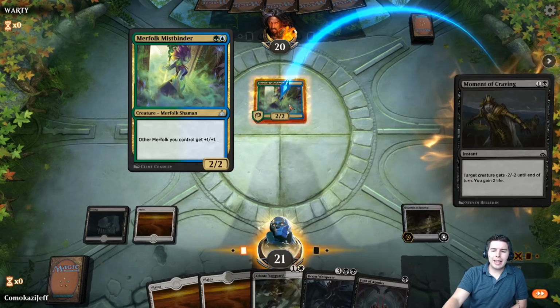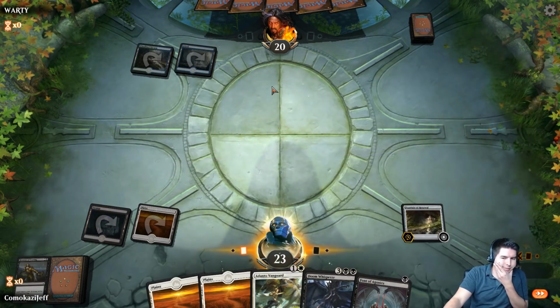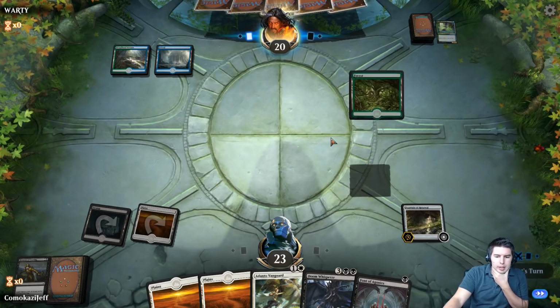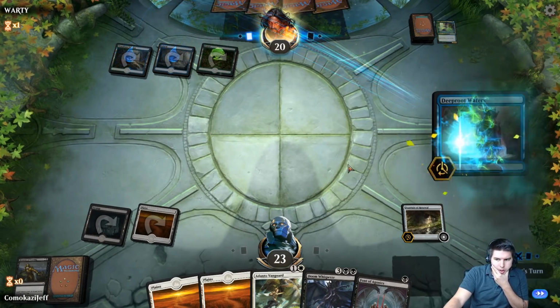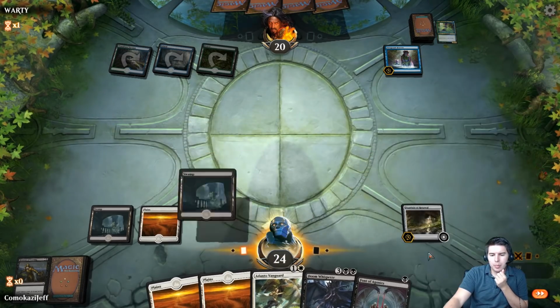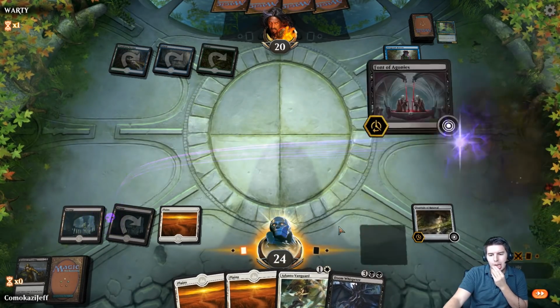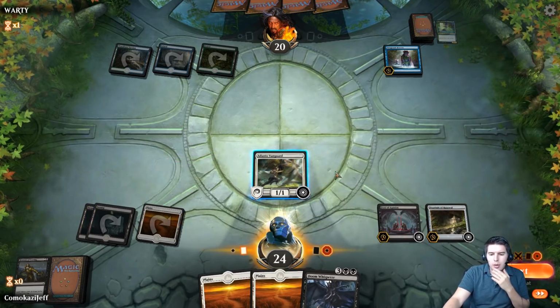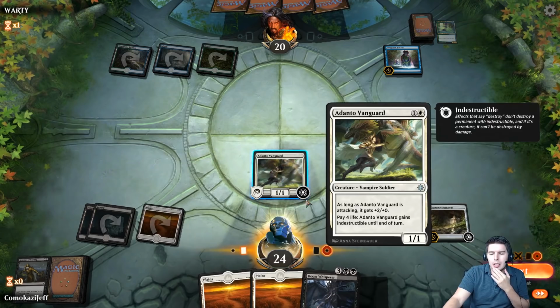So, before they can get something to give it protection, we're going to go ahead and kill that. That's important enough to kill. Deeproot Waters, okay. Alright, good. Swamp is great. So Font of Agonies and Adanto Vanguard. And we will go ahead and